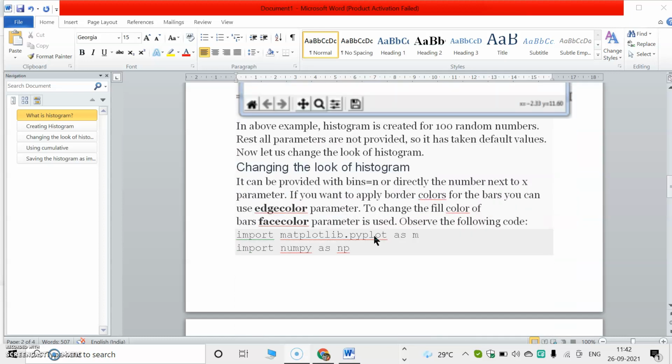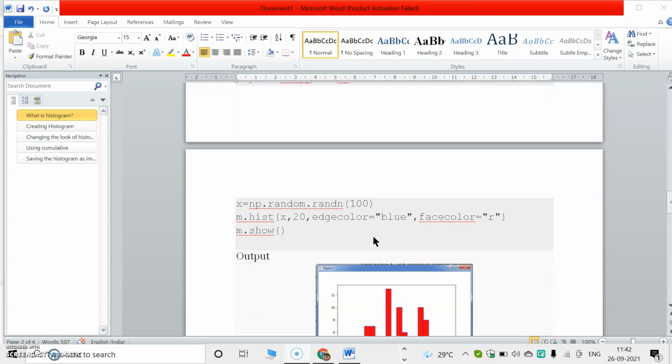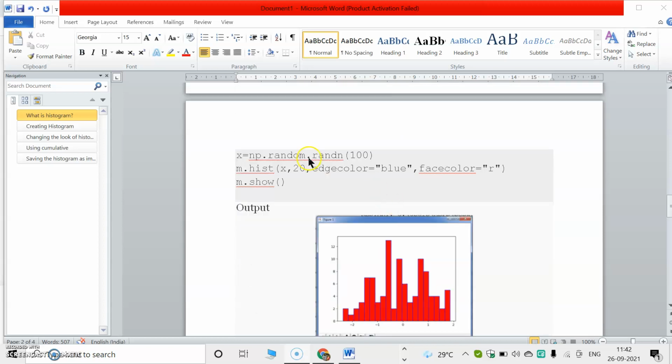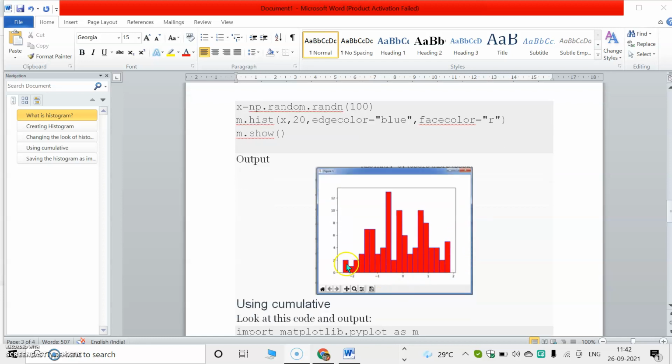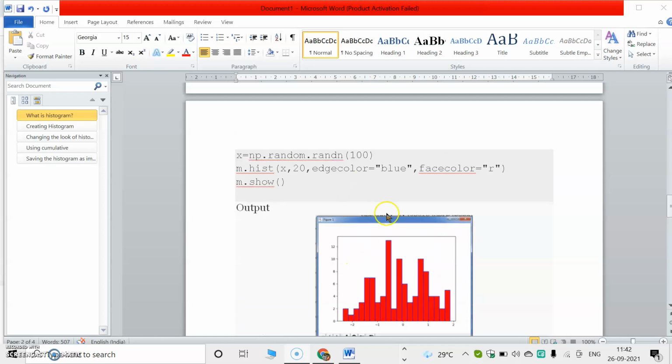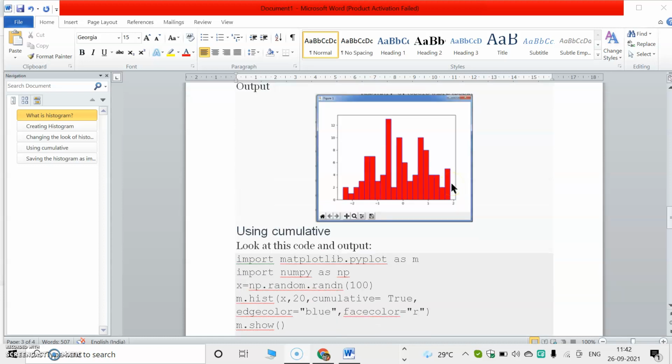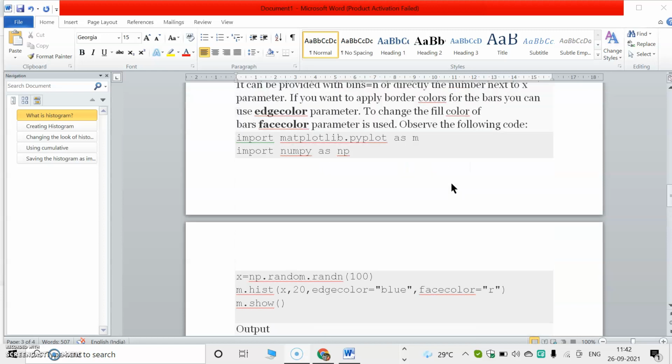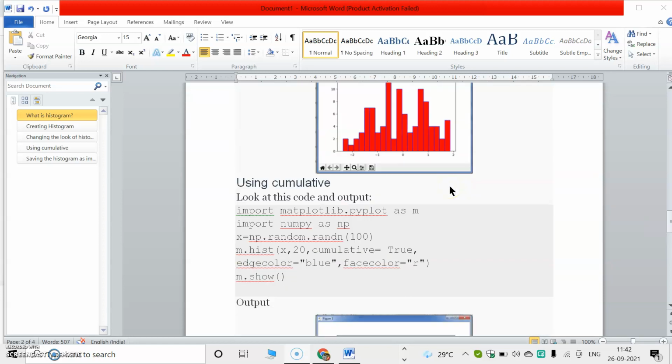Then we can change the look of the histogram by using edgecolor, facecolor, etc. Edgecolor is blue and facecolor is red, which means the histogram's edges are blue and the histogram color is red. x is the random numbers generated, 20 is the limit, then edgecolor equal to blue, facecolor equal to red. Like that we can add legends to the histogram.